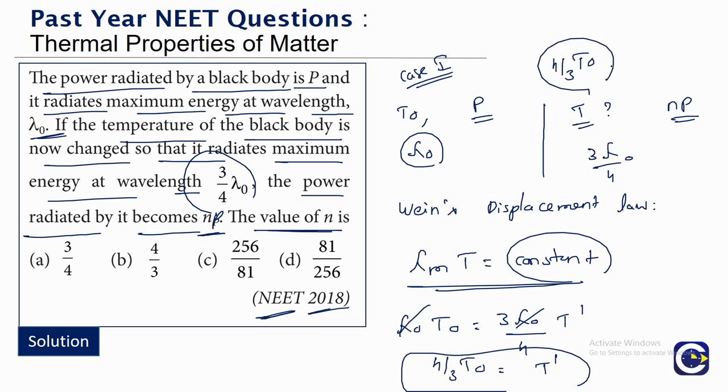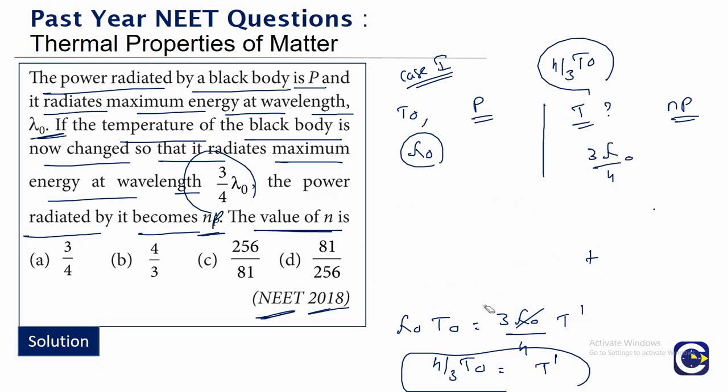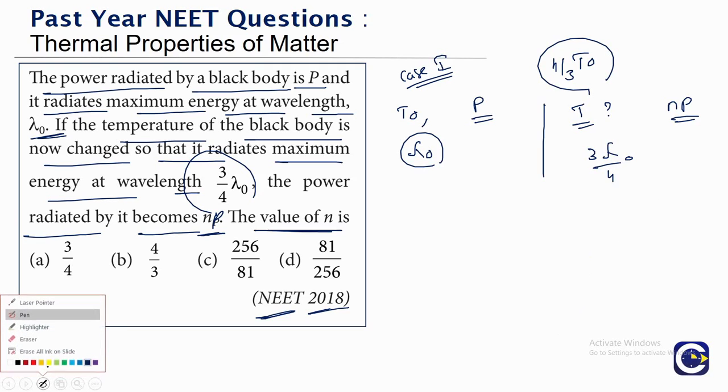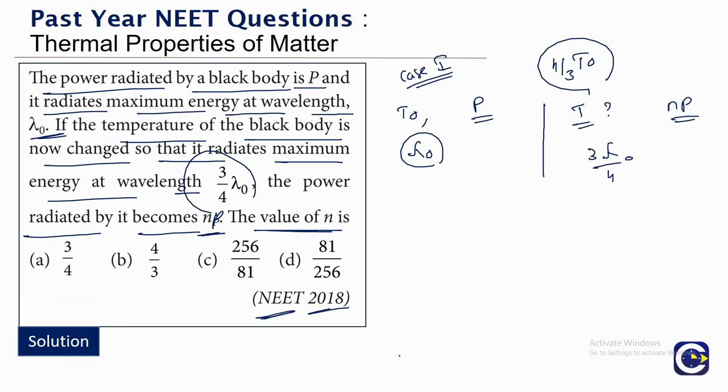Now why are we looking for the temperature of the black body in the second case? Because we want to relate the radiation power. Radiation power is related to the absolute temperature from the Stefan's law. So the initial radiation power is P. Here the surface area and the other things are constant. So the initial power is proportional to